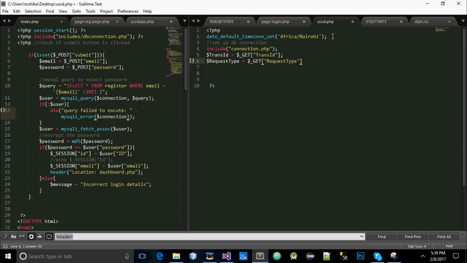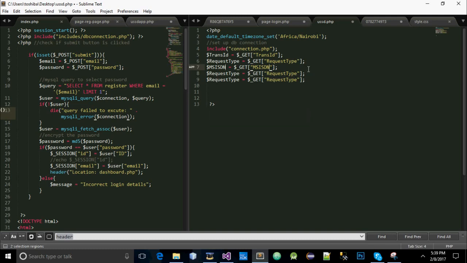And I always love to try not to repeat myself a lot. I just copy this, then the good thing with Sublime Text is it helps you do multiple editing at the same time. This one is our MSISDN,